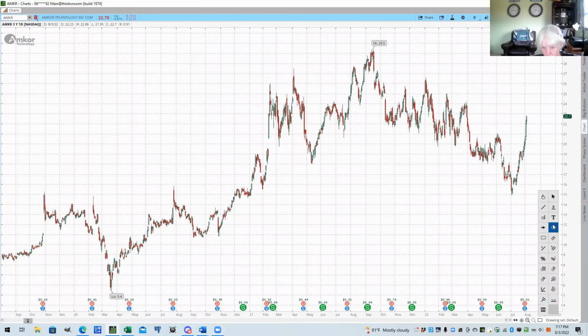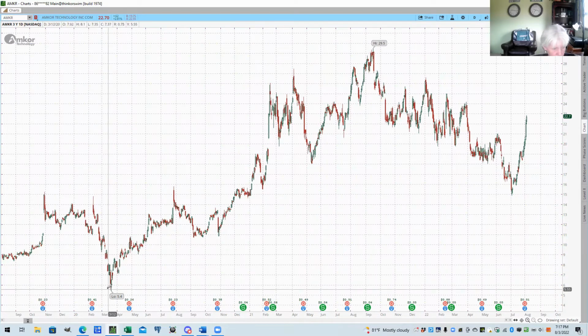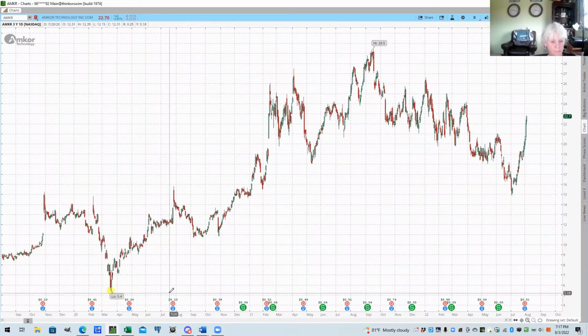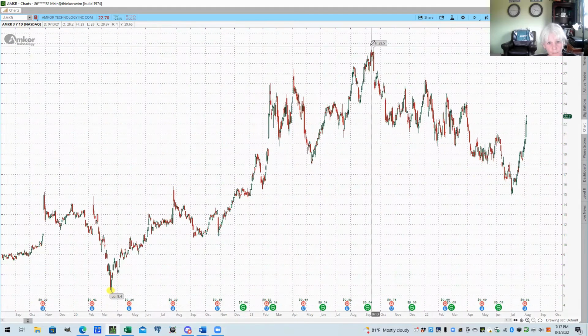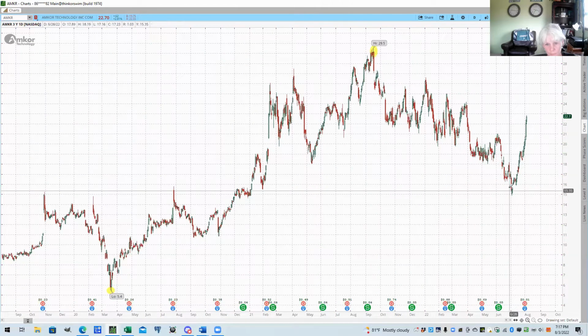So what I do is I just mark it for simplicity's sake. Okay, and this is the top. And then we have this down. The next thing I do, and this is a daily chart, a 3-year daily chart,